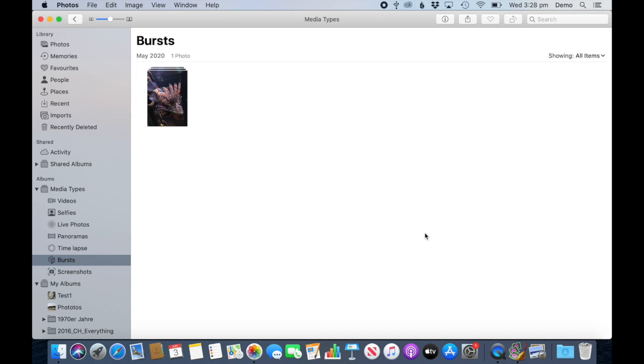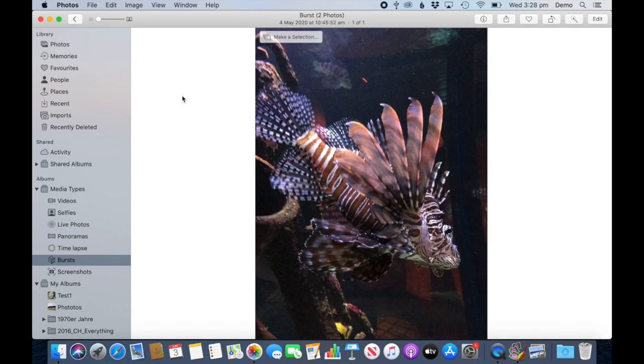In this tutorial I'm going to show you how to select a photo from a boost if you want to keep that one photo and get rid of the rest. So you go to your media types and you go to boosts like here, and I've only got one here in my case, so double click on that one so it opens up and I get the option to make